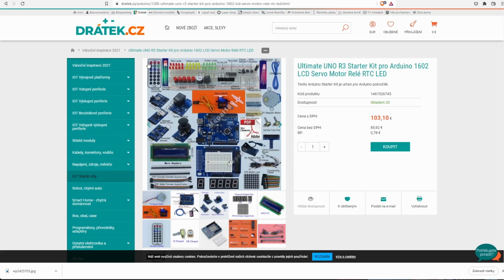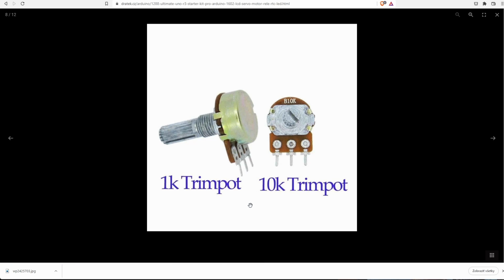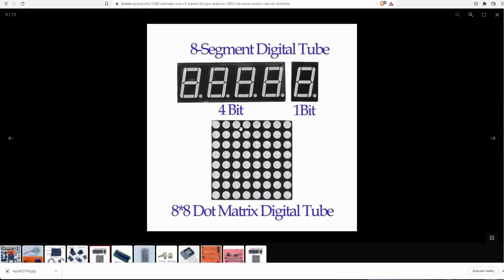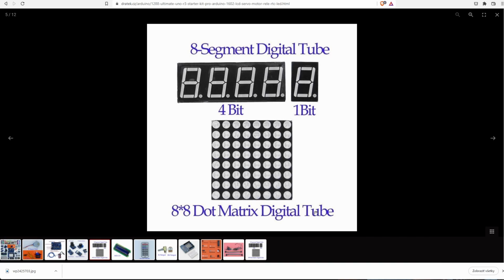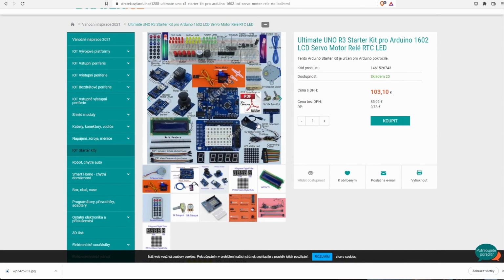And I think this infrared receiver is universal, so if you have a spare remote which is unused, you can also program this with your Arduinos if you want to. So other components, a tripod, I don't know what this is, segment displays, dot matrix, digital tube, segment digital tube. So something like this,